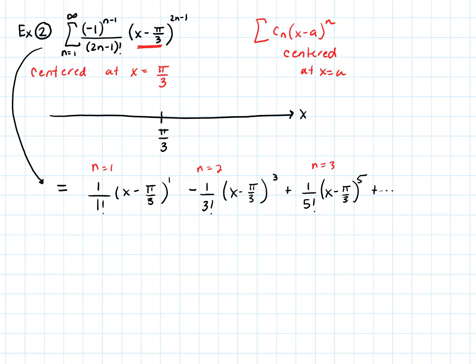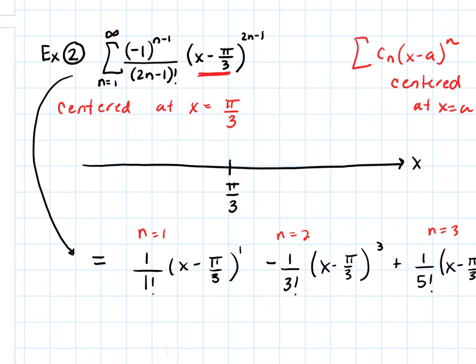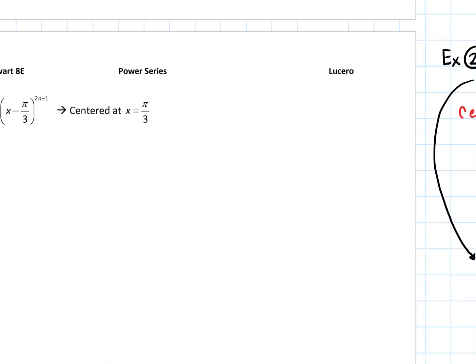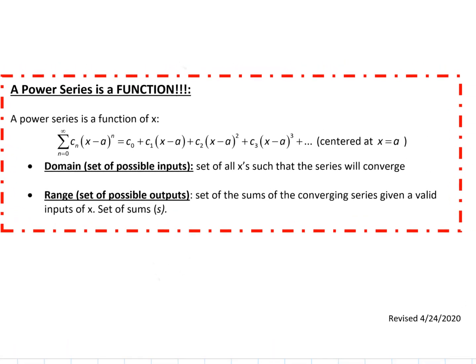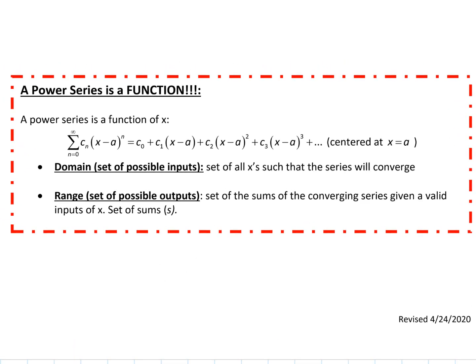This one, we don't know where this is going to actually converge. This is not a geometric series, and so we'd have to think about where does this converge? And that brings us to our next piece. When we look at a power series, what we want to know is, where is it going to converge? Where is it going to diverge? This is the key here. We really want to know what is the set of the possible inputs,